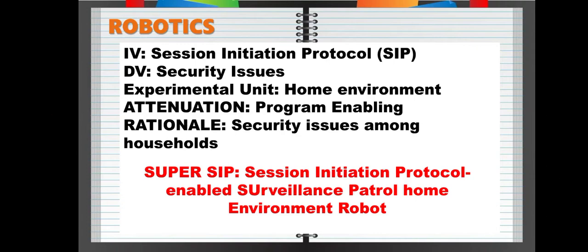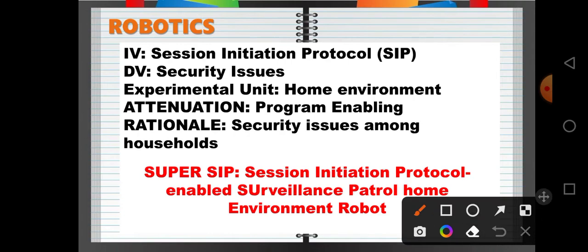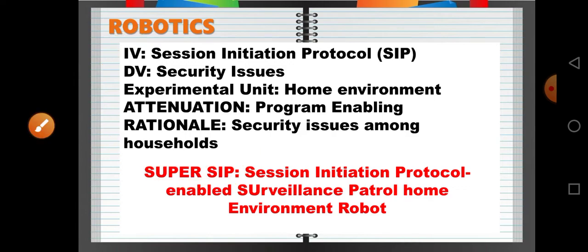So as you can notice, class, we can use acronyms for studies under robotics. You can use acronyms for studies under robotics. And it is actually a guideline if you want to participate in research conferences. So if your study falls under the category of robotics, you must have an acronym in your title. Okay? Next,